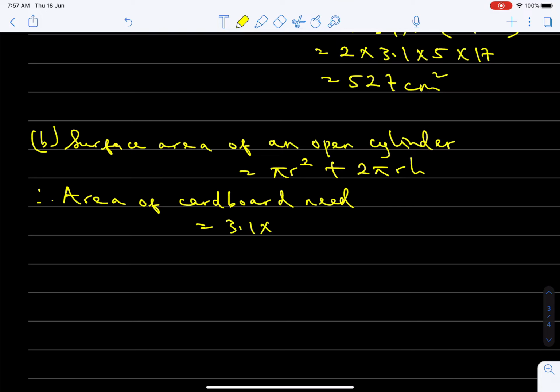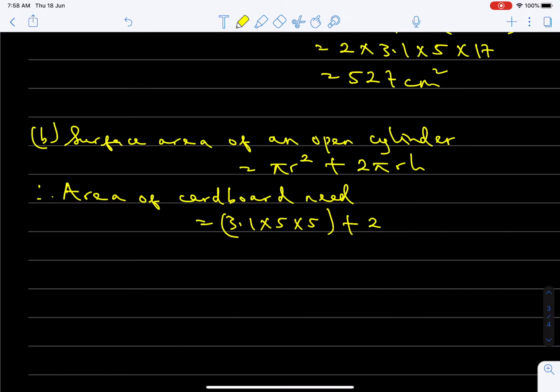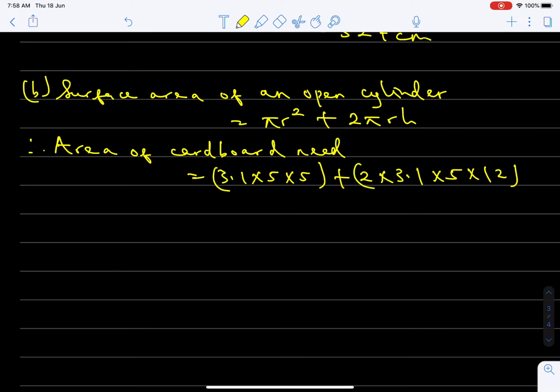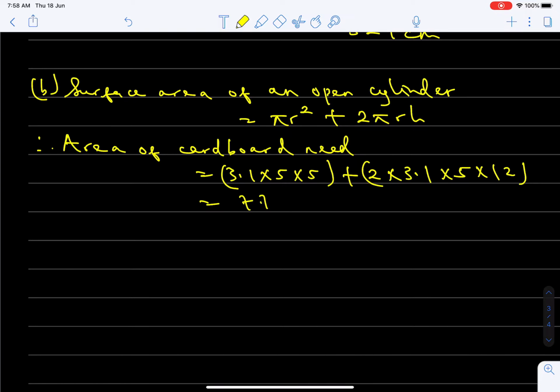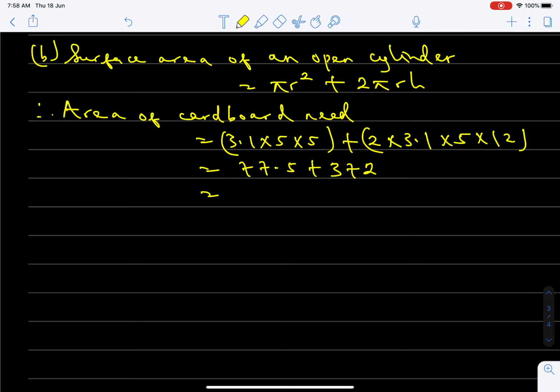Equals 3.1 times 5 times 5 plus 2 times 3.1 times 5 times h, which is 12, and that's the same as 77.5 plus 372, and that's the same as 449.5